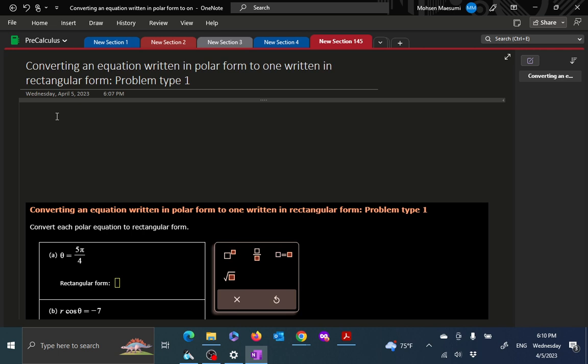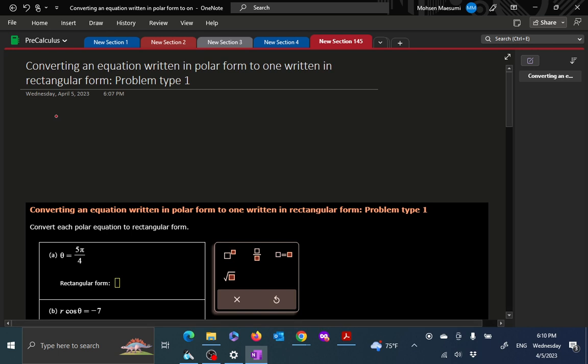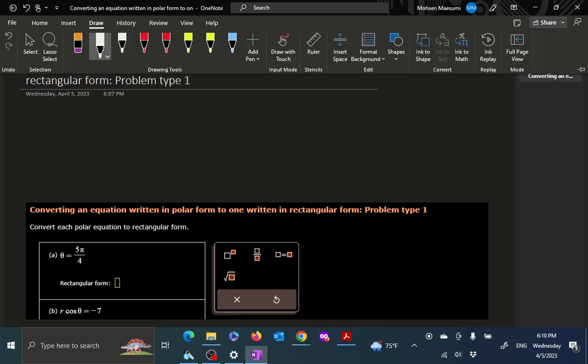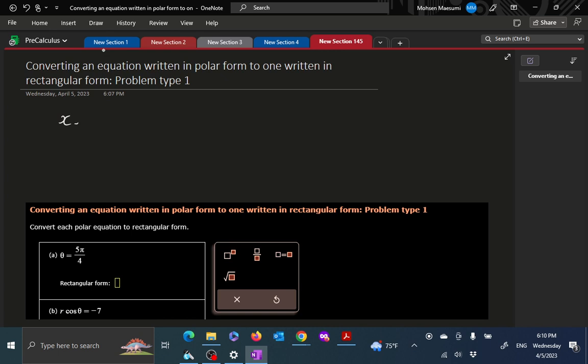Hi, welcome to Precalculus. Today's topic is converting an equation written in polar form to one written in rectangular form. Let's just remind ourselves again the relationship between the two types of coordinate system. You can write x equal to r cosine theta, y is equal to r sine theta,